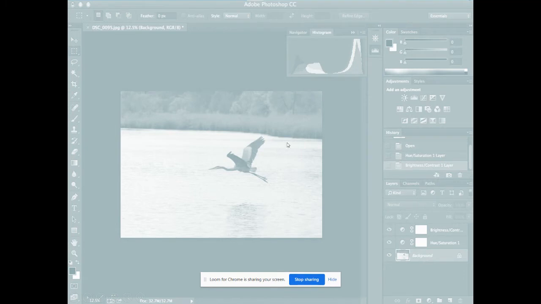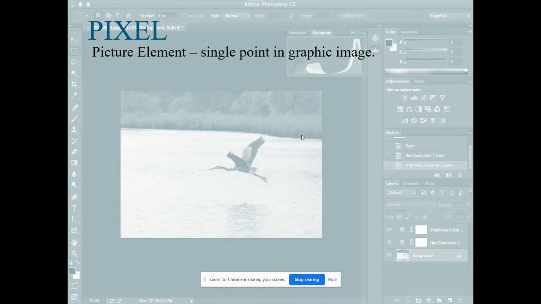Okay, so as I told, a picture generally comprises picture elements, that is nothing but your pixels. When you see the screen resolution, it shows some screen size and how many pixels you want on your screen. So pixels are nothing but a small point, a single point in a graphic image. Everything in an image is made of points, and all the dots together combine into a single element.